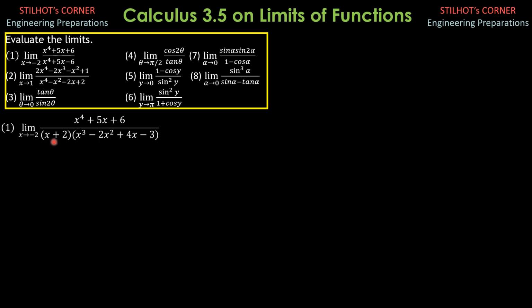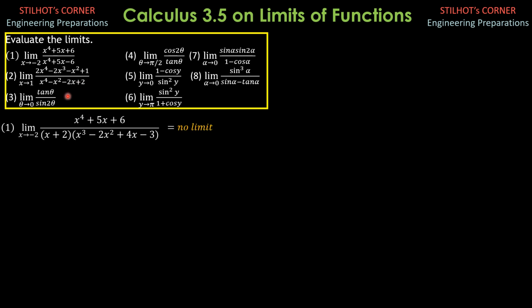So since there's no common factor which is x plus 2, we can eliminate x plus 2, x approaches negative 2, this factor approaches 0. So we have to evaluate this expression. We have a specific value in the numerator, then the denominator approaches 0, therefore this is indeterminate. That's why there is no limit. So the answer, no limit, or the limit does not exist.